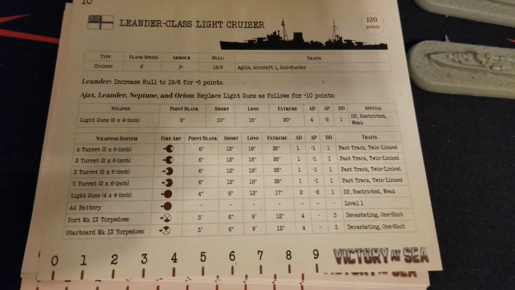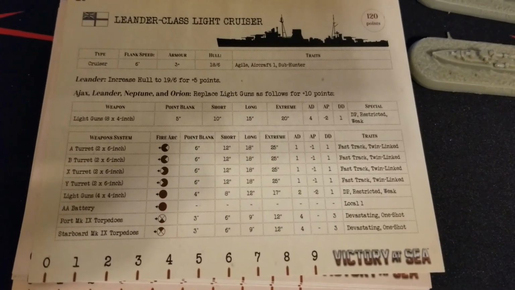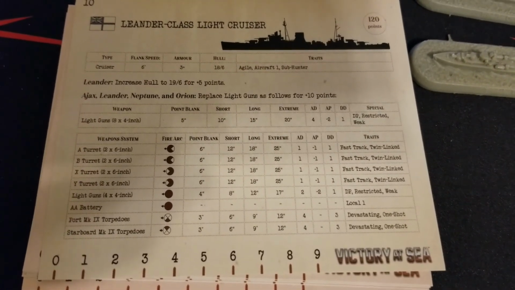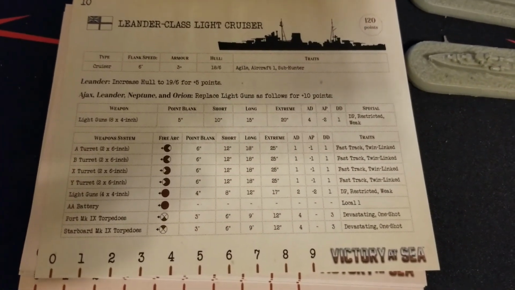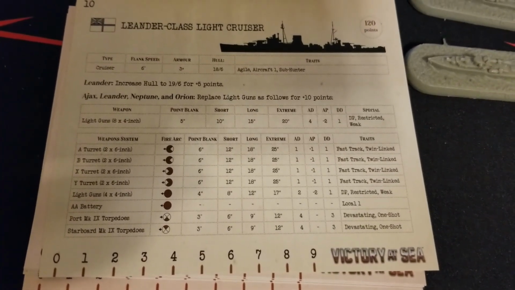And then the little hidden secret of these Leanders, packing a nasty little surprise here. We got a set of port and starboard Mark 9 torps, 4 attack dice, 3 damage dice, devastating in 1 shot as normal, and they reach out to 12 inches at the extreme band there. So definitely something that you can use to finish off crippled ships or whatever, put that serious damage on something,